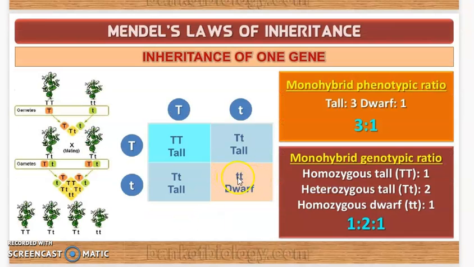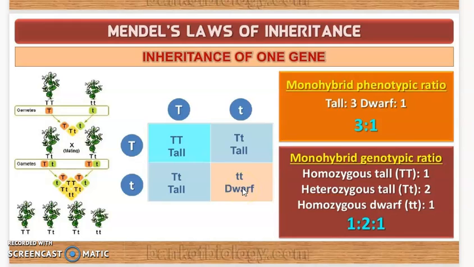Now let us see the case of the dwarf which has appeared in the F2 generation. From the observation, the recessive parental trait is expressed without any blending in the F2 generation. So in the F2 generation we got the dwarf plant's character, that is small t, right? So this will code for dwarfness, and it did not show any blending in the F2 generation. It was as such from the parental organism. So there was no blending.